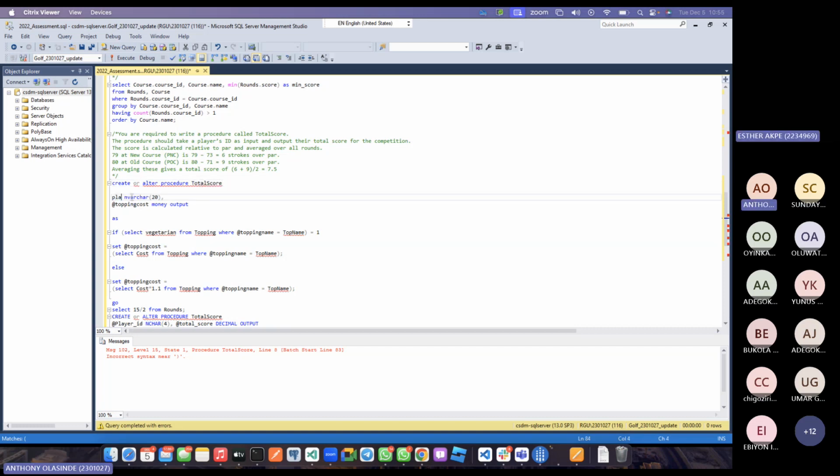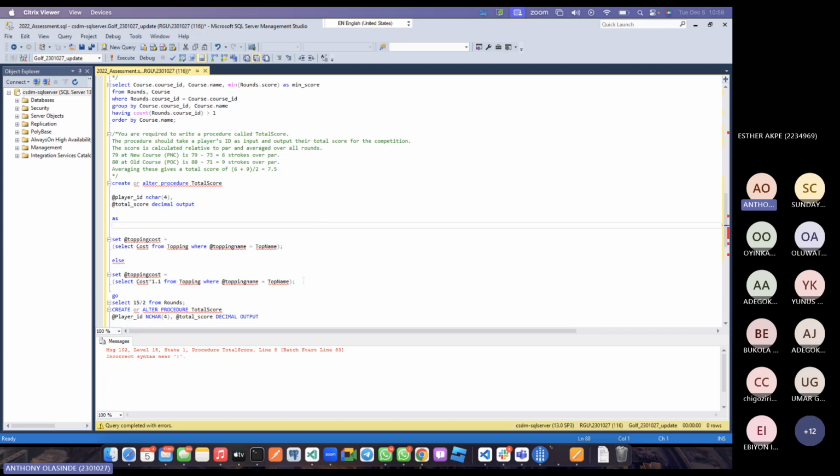Copy name, player ID, enter 4, and total score, decimal output. As we don't need the if, we don't need the else,